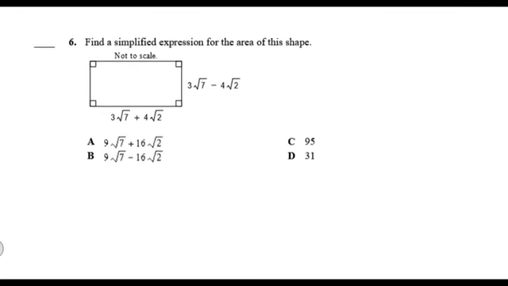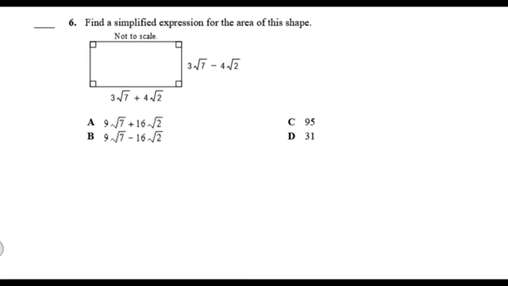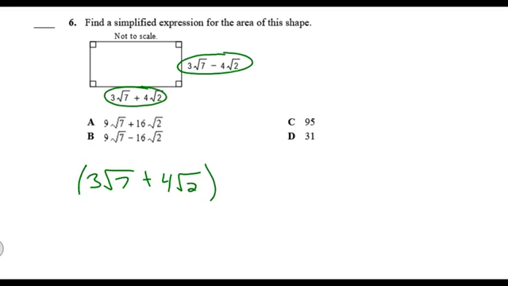All right, number 6. Find the simplified expression for the area of this shape. All right, so area is one length times the other, right? Length times width. All right, so that's going to be 3 root 7 plus 4 root 2 multiplied by the other one. So 3 root 7 minus 4